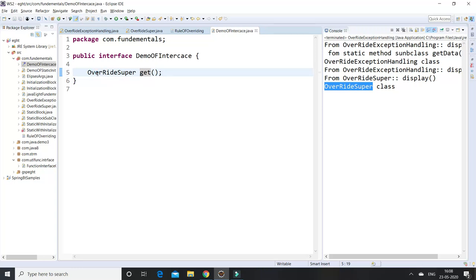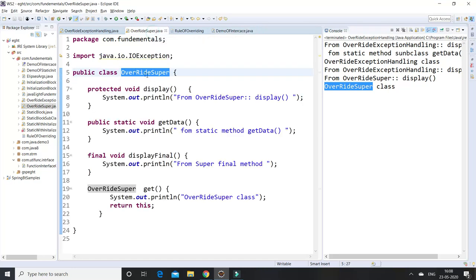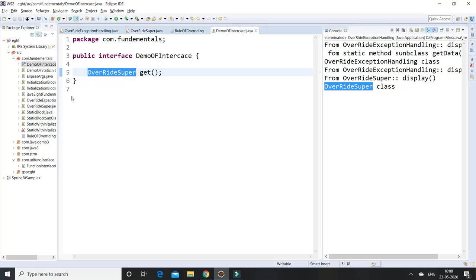So this is the interface level where I am defining the get method. If this class has been implemented, the covariant type must be overriding superclass only. Overriding superclass must be specified, that is the rule.